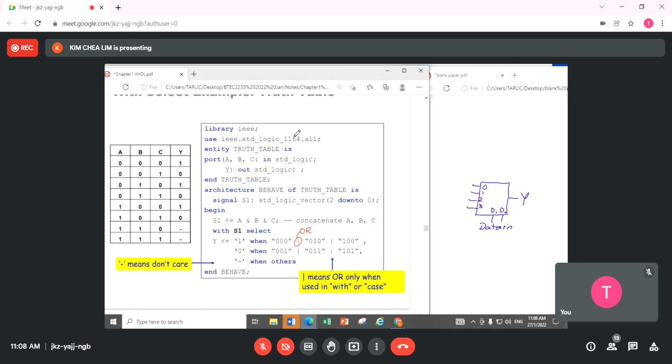Use the standard package. Then entity, give it a suitable name. Truth table: I have ABC as input, and the output is one bit only, out standard logic. And my truth table. You are going to find that when you are using case statements or the with